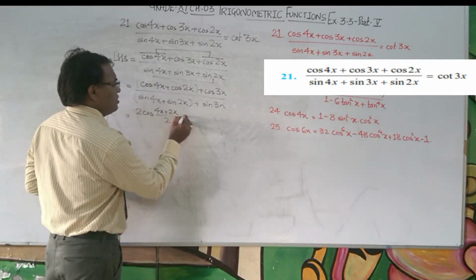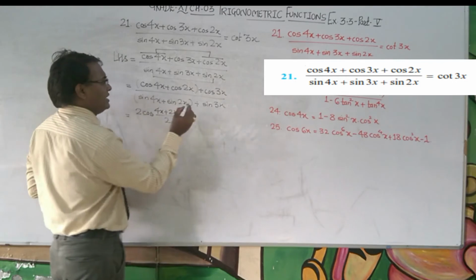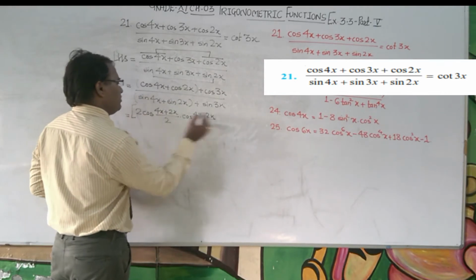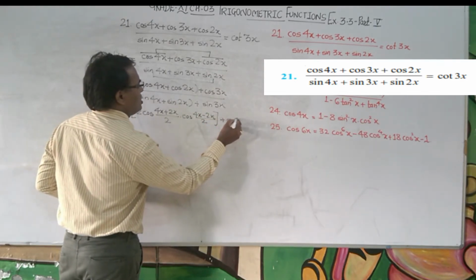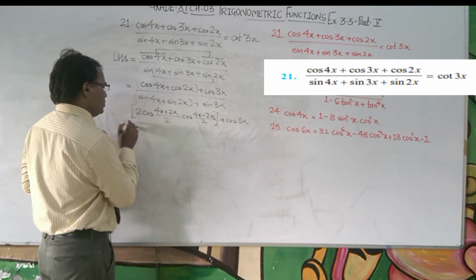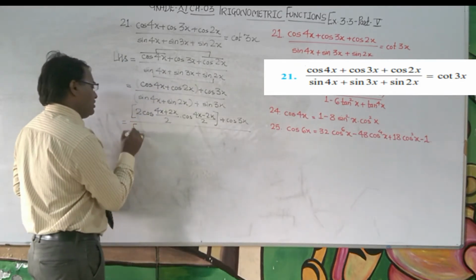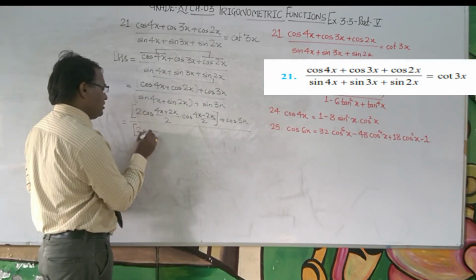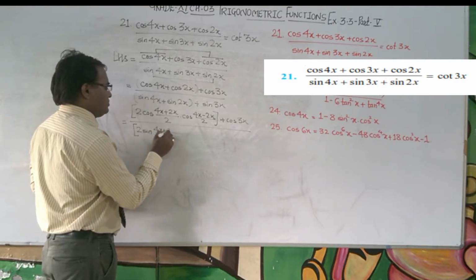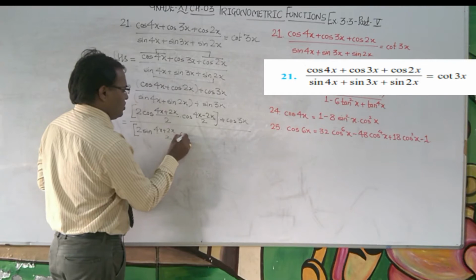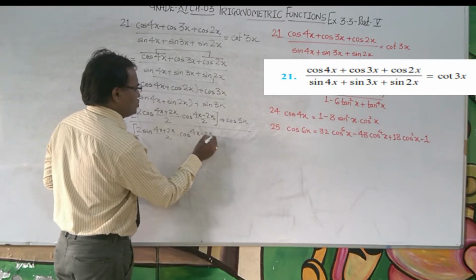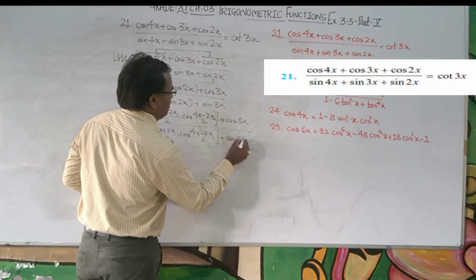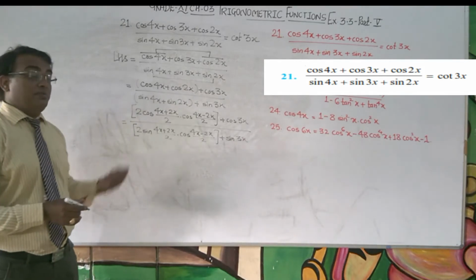Since it is cos and addition, on both sides it will be cos 4x minus 2x upon 2 in a bracket, plus cos 3x. This is the total, divided by, again in a bracket, sin plus sin, so it is 2 sin (4x plus 2x upon 2) into cos (4x minus 2x upon 2) bracket close, plus sin 3x, according to the previous formulas.